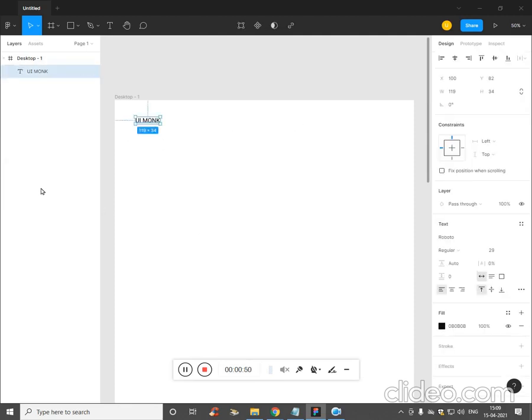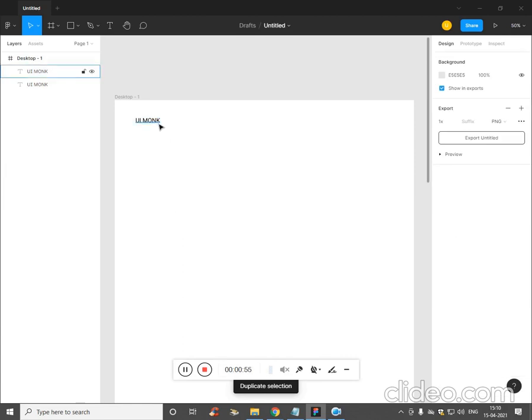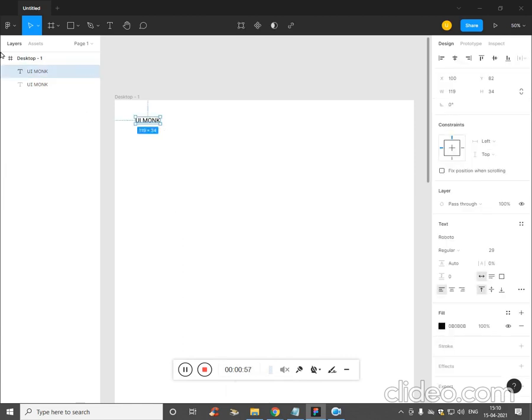Now let's create the menu. Press Ctrl D to duplicate. Press V. Now this would be the anchor tag. Drag it and change the font to something smaller. Great.